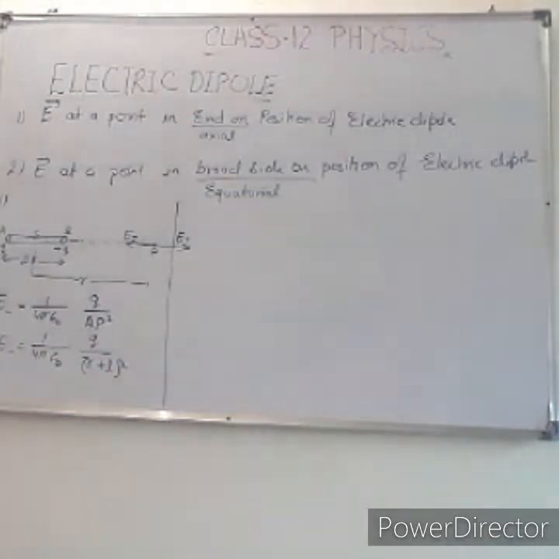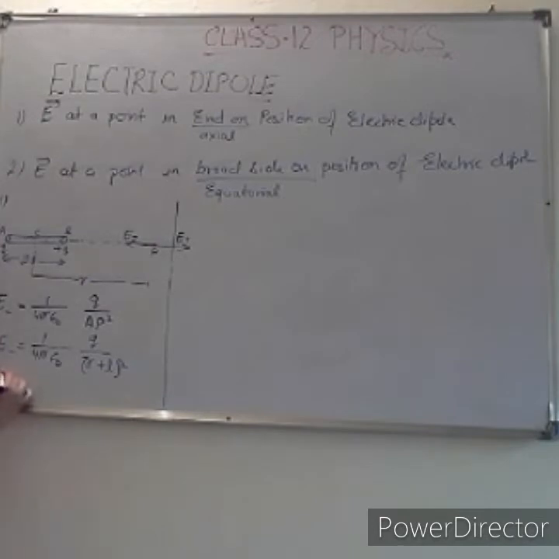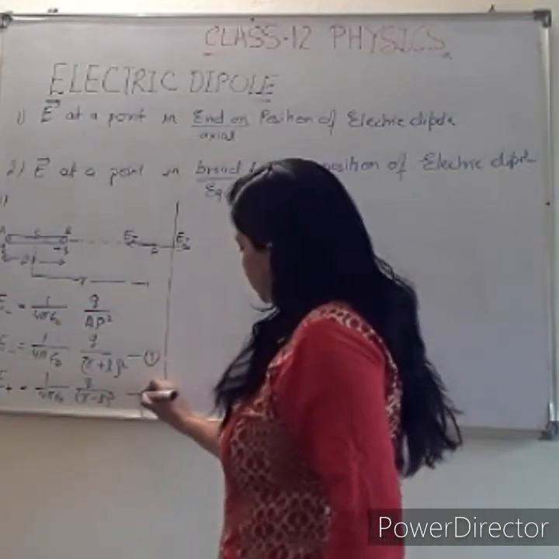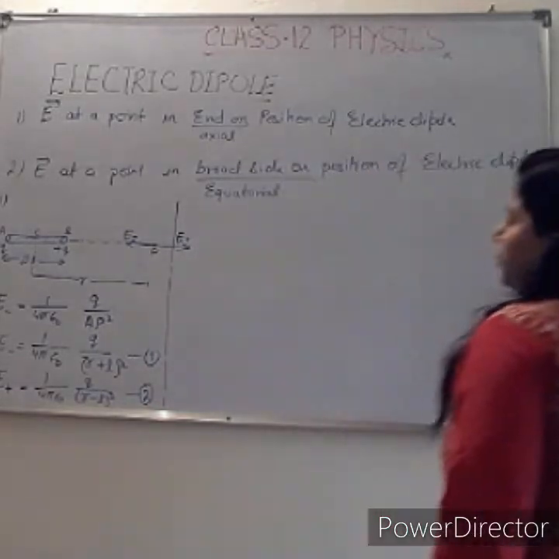Okay. Similarly, what is the value of E plus? Again you will write the term: electric field at point P due to plus Q charge. So E plus is equal to 1 over 4 pi epsilon naught Q divided by, for the plus Q charge, we have to subtract L value from the R. So R minus L whole square. Now afterward you can solve these two equations easily. This is equation number 1, equation number 2.